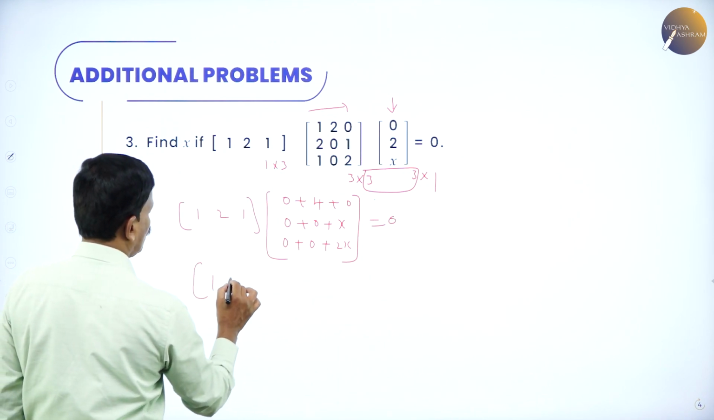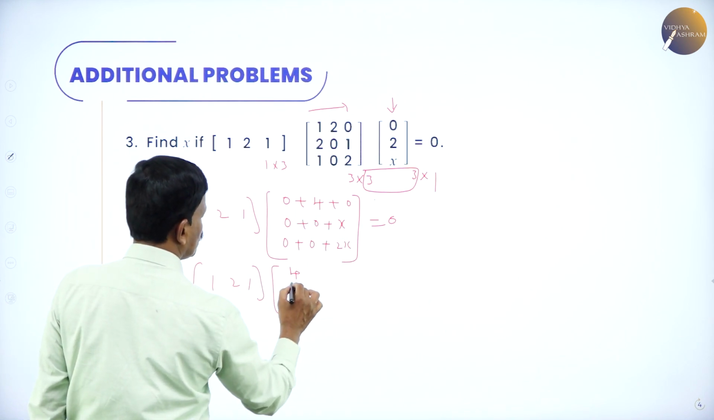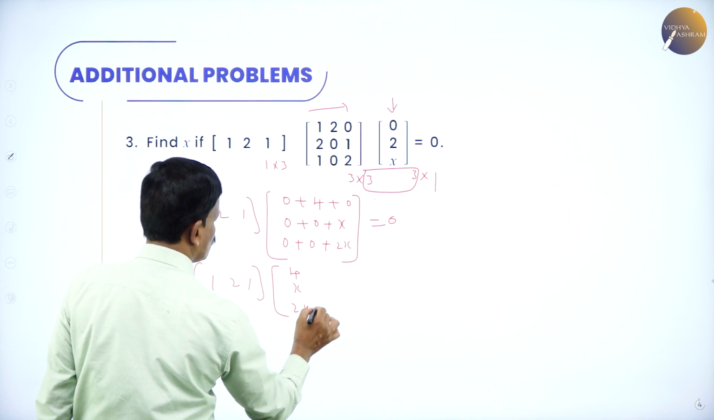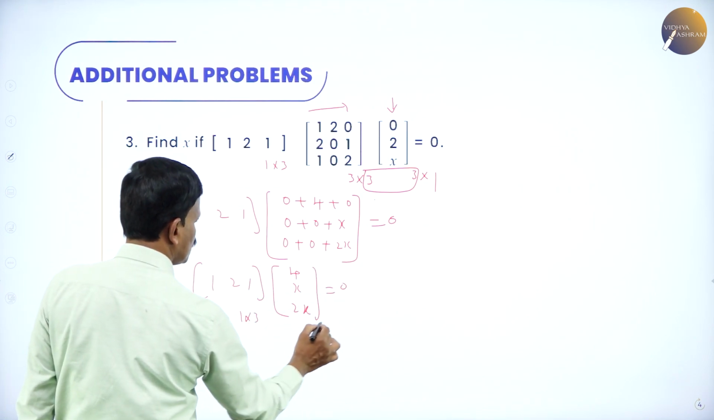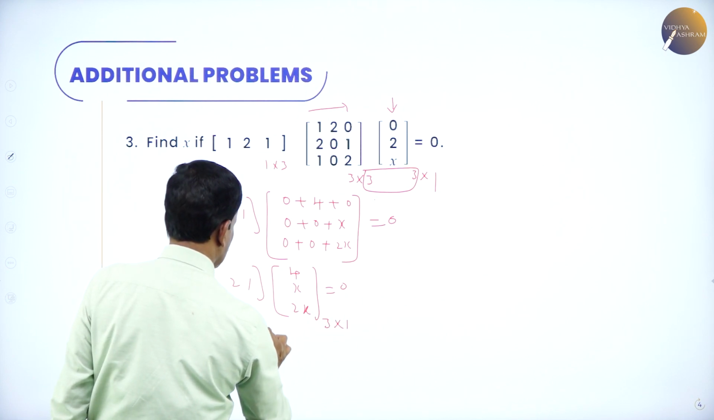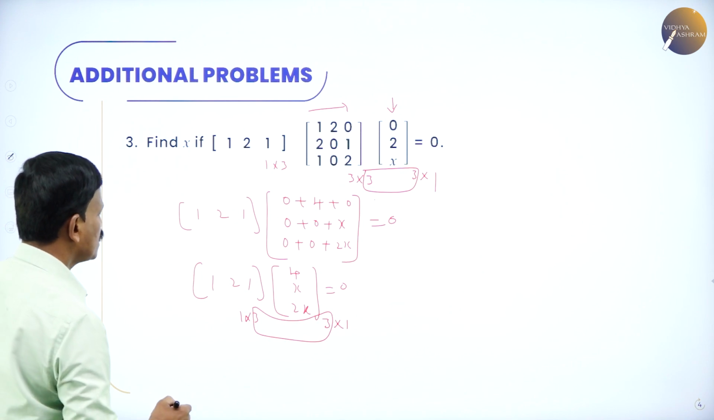Now this is 1, 2, 1, add 4, 0 plus x is x, and this is 2x. Now what is the order? Here the order for this is 1 cross 3, this is 3 cross 1. So since these two are equal, you can multiply and you are going to get a matrix of order 1